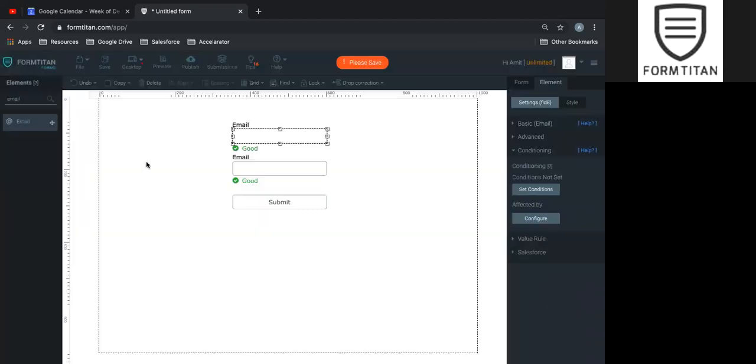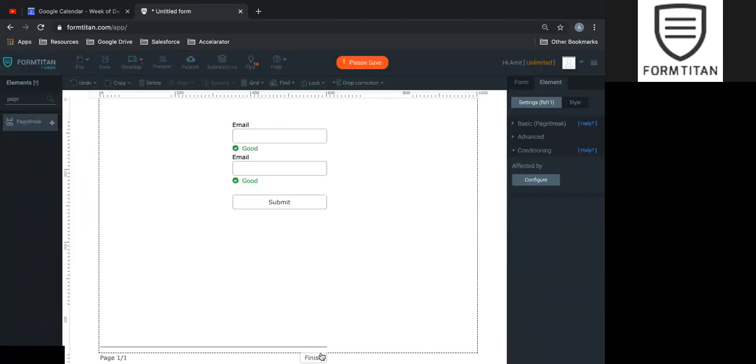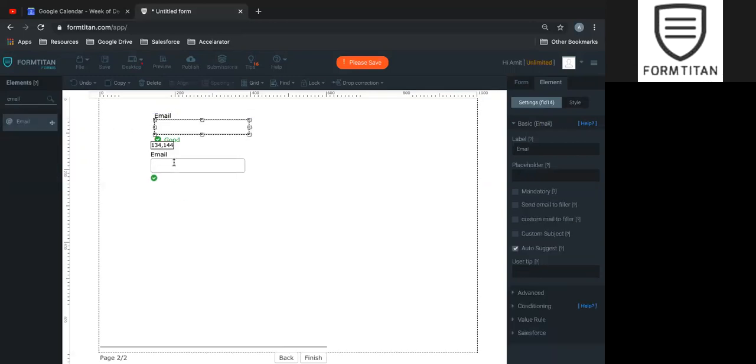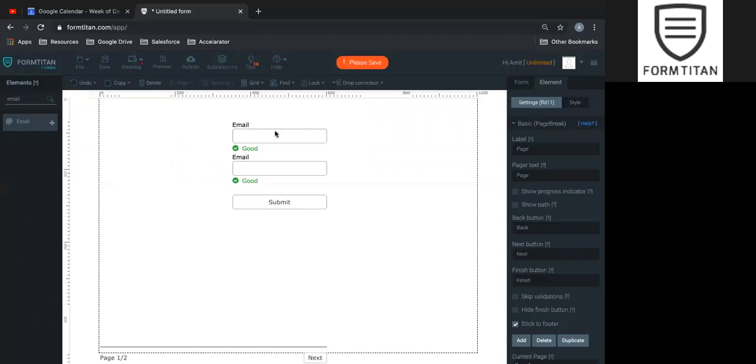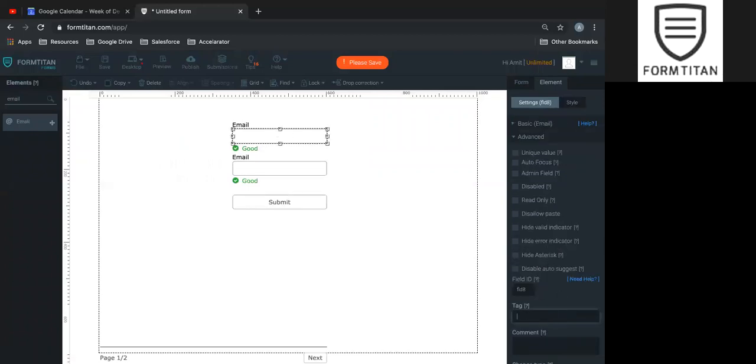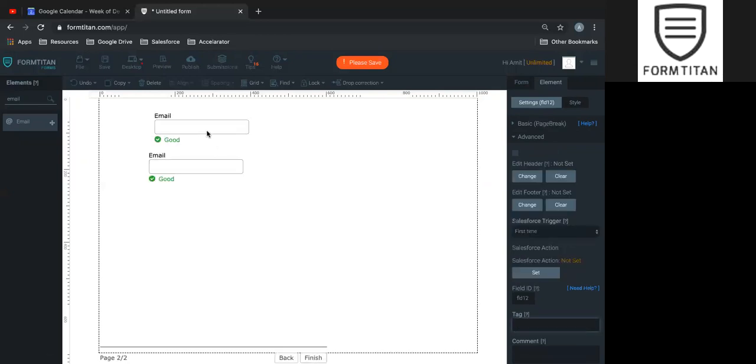If you're using page break, for example, that's another good solution, because if you're using page break like this, you may add another page here, and then you may add another field here like this. A good way then to give them a tag is just to write them like this. So you can say PG1 email, where PG1 means page 1. And then for page 2, you can do the same. You can say PG2